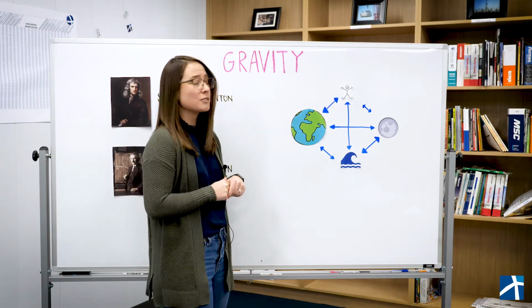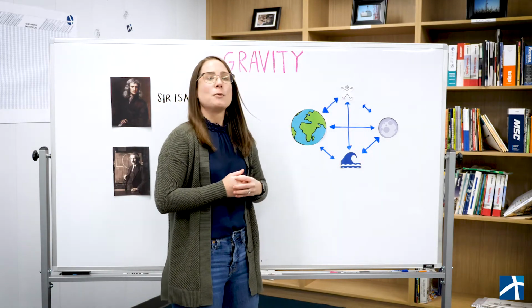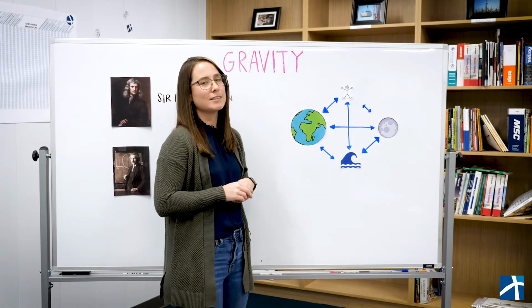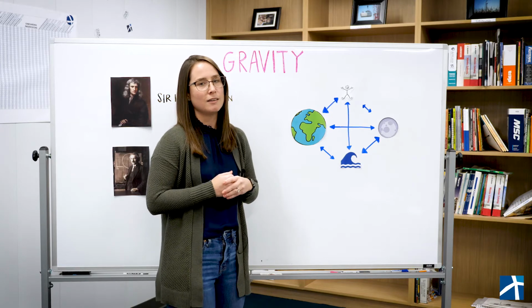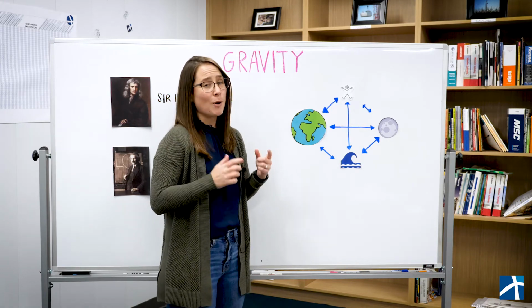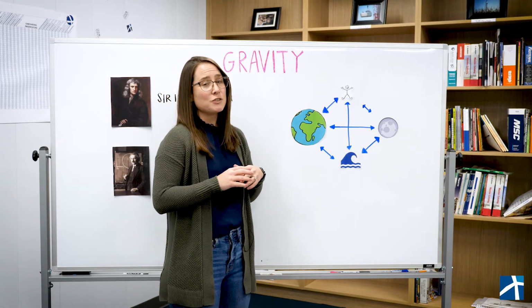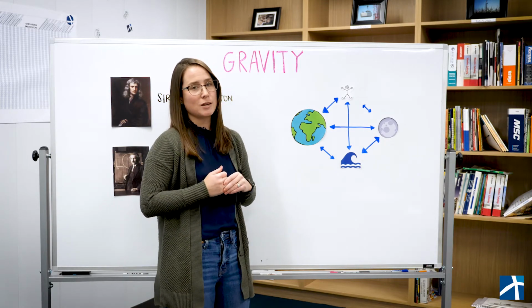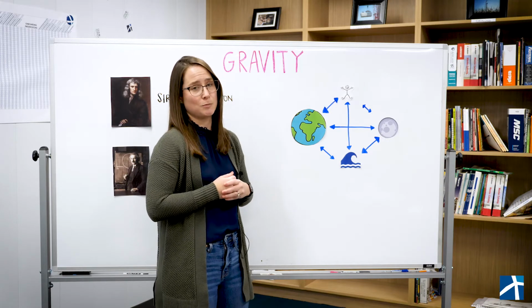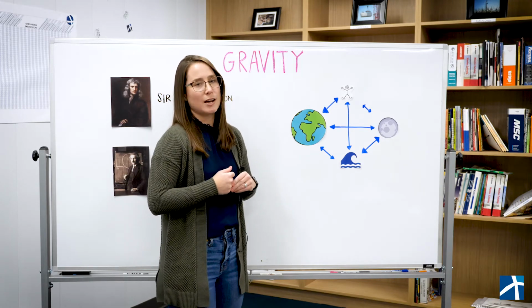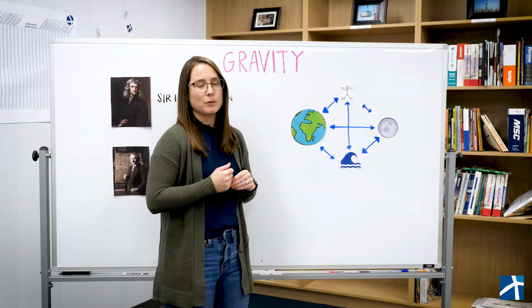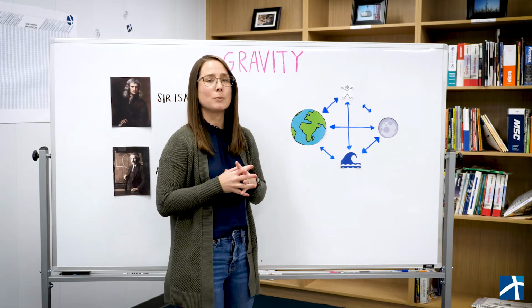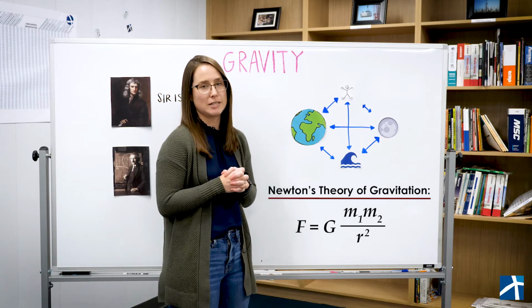You and the Moon are also attracted to each other. But because the Moon is so far away and you're relatively small, you don't feel the same attraction as you do to the Earth. The oceans, on the other hand, are much bigger than you, and they do feel some attraction to the Moon. This attraction, while somewhat weak because of the great distance between the oceans and the Moon, is what gives the oceans their tides. How gravity influences objects relating their mass and their distance can be mostly approximated by Newton's theory of gravitation.